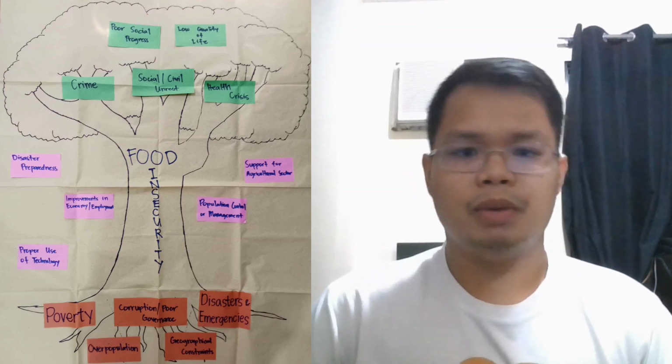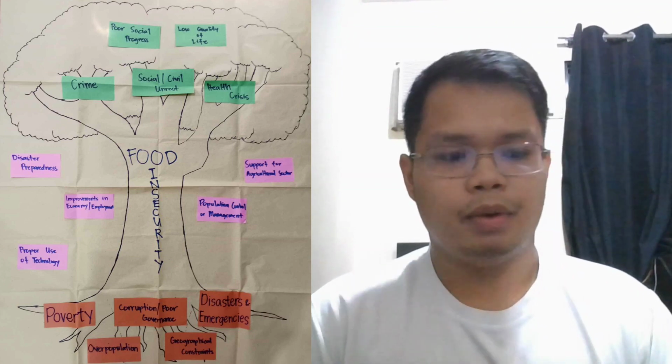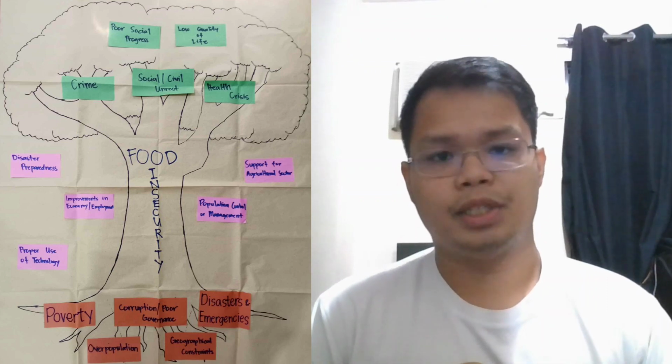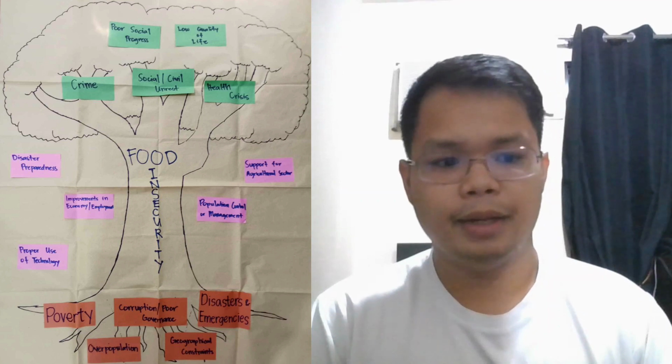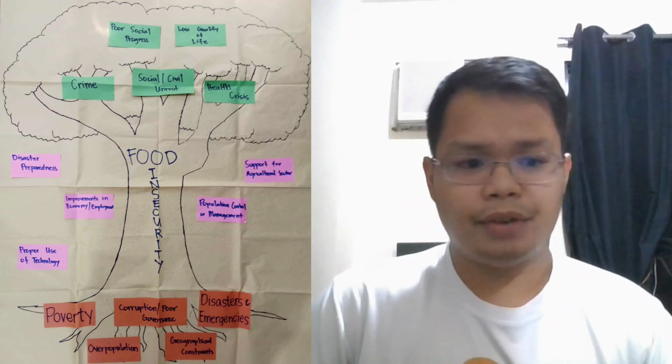So now we will study food insecurity. We will analyze it using a conflict analysis tree. Beginning with the effects of food insecurity at the branches of the tree, tumakitaan ang first effect is health